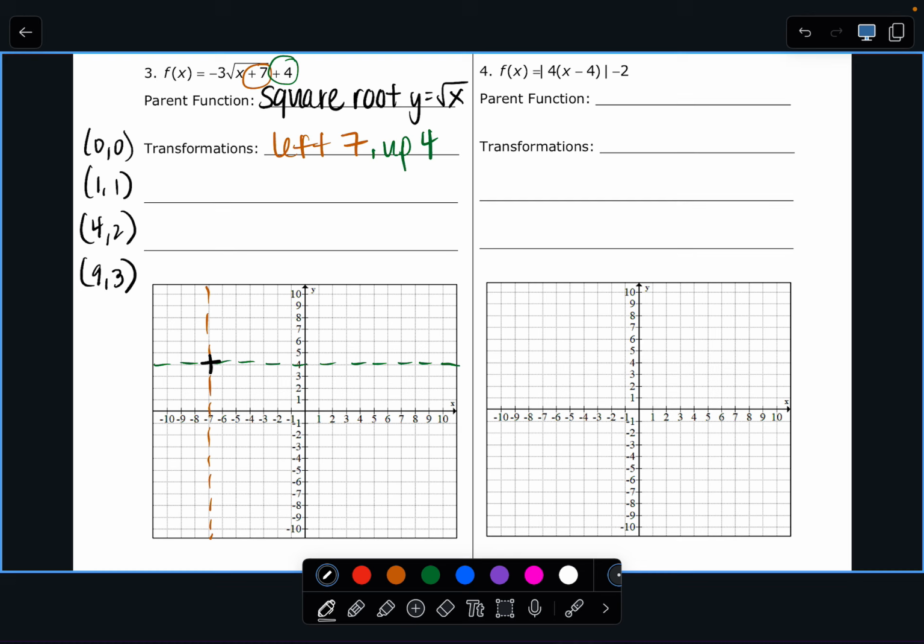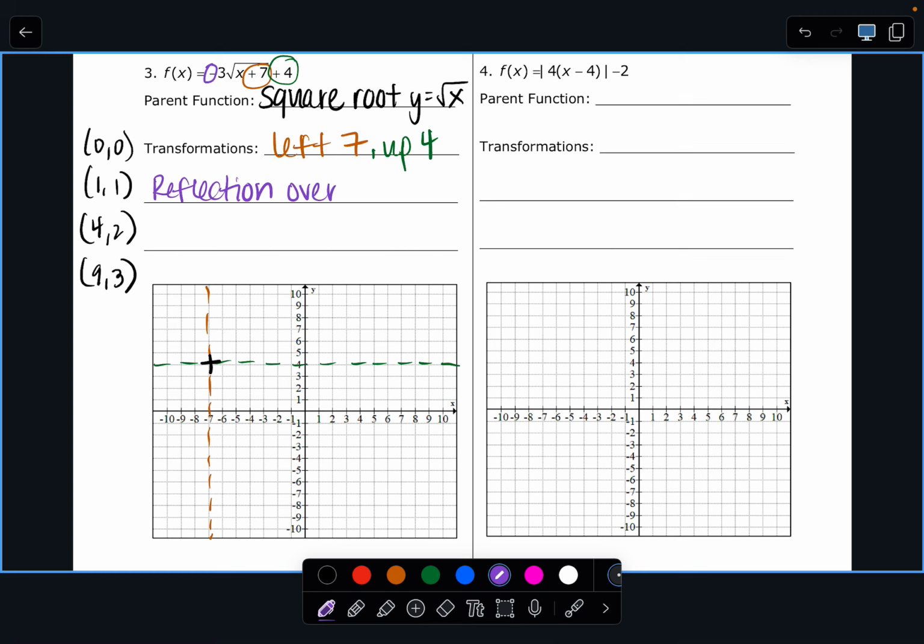The vertical stretch itself is the 3. The negative is a different transformation. When we had a negative at the very front, what did we say that was? Reflection. So if it's on the outside, it's going to be a reflection over the x-axis. If it's on the inside, it's a reflection over the y-axis. So this is reflection